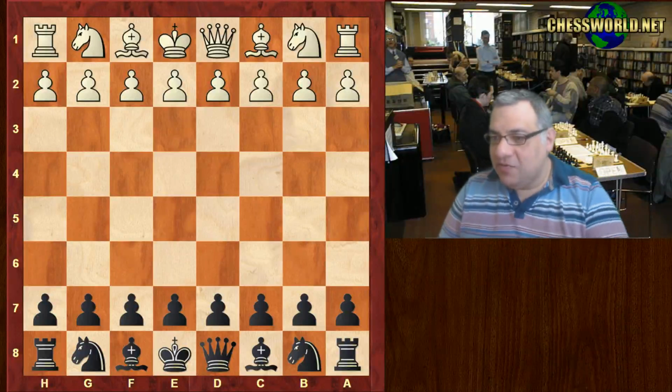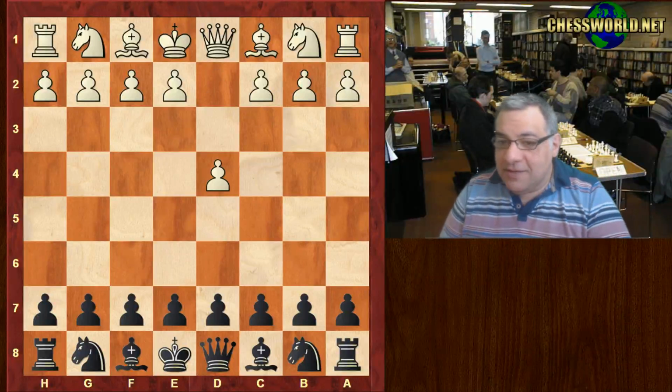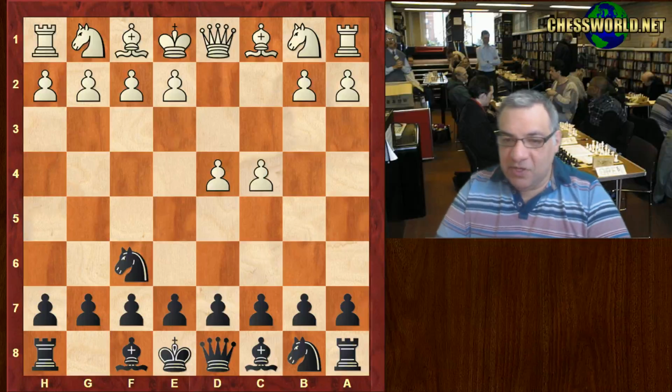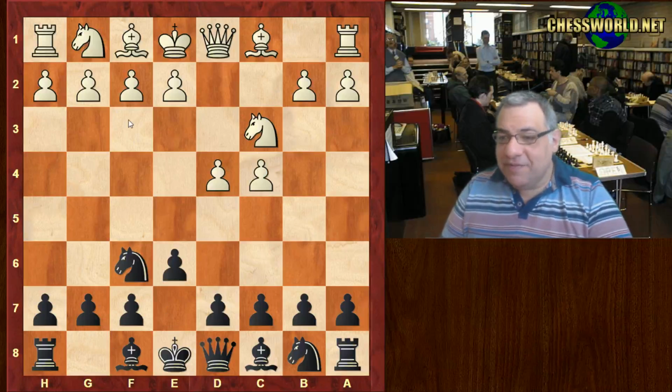Okay, this is Romain Edouard against Hikaru Nakamura. It was played in round 10. d4, Nakamura chooses the Nimzo Indian. We see c4, e6, and knight c3, not this Queen's Indian stuff. Allowing the Nimzo Indian, knight f3,